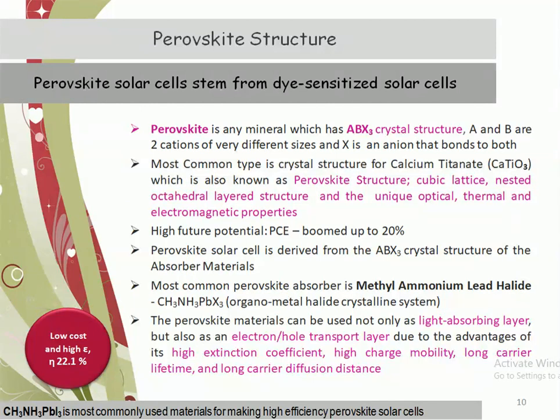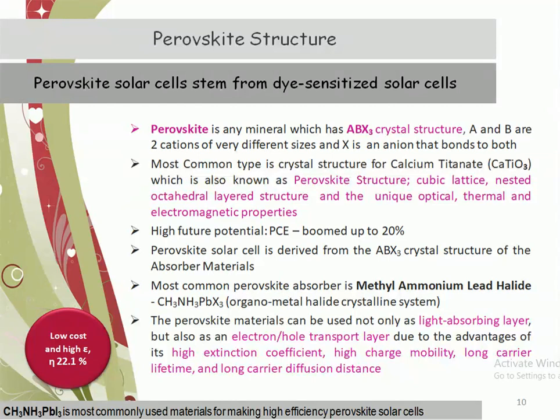Perovskite solar cells are derived from the ABX3 crystal structure of the absorber material. So perovskite material is also called absorber material in the case of perovskite solar cells, and the most common perovskite absorber is methylammonium lead halide. In that, methylammonium lead iodide is the most commonly used material for making high efficiency perovskite solar cells,